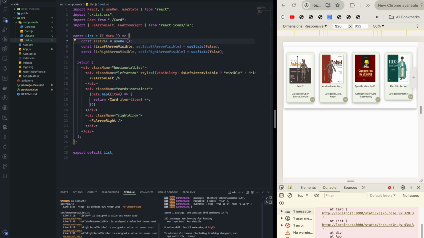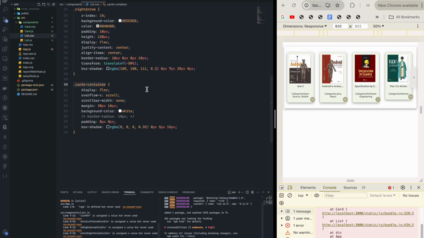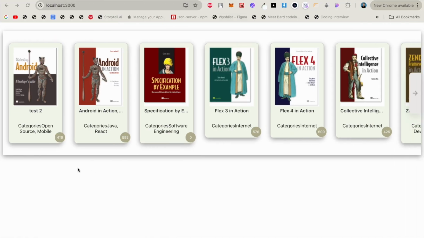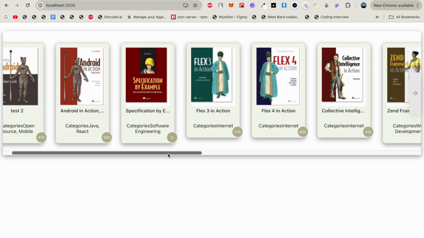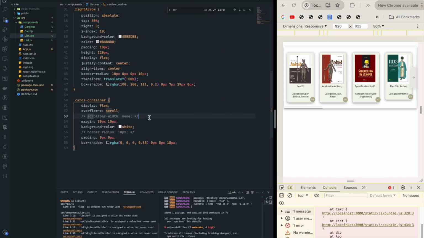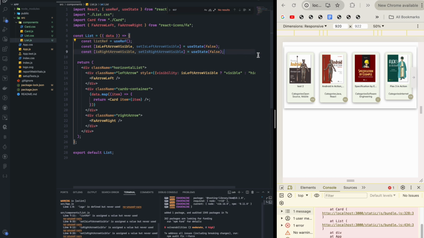Let's disable it and let's make a few functions to handle our left arrow, right arrow visibility, and we have control over the scroll, like how much amount we are scrolling. So we are not seeing our scroll bar as we have set the scroll bar width as none. If we disable it, we can see we have a scroll bar on the full screen. Okay. So let's do it none for now, and let's make one useEffect to handle the side effect, and